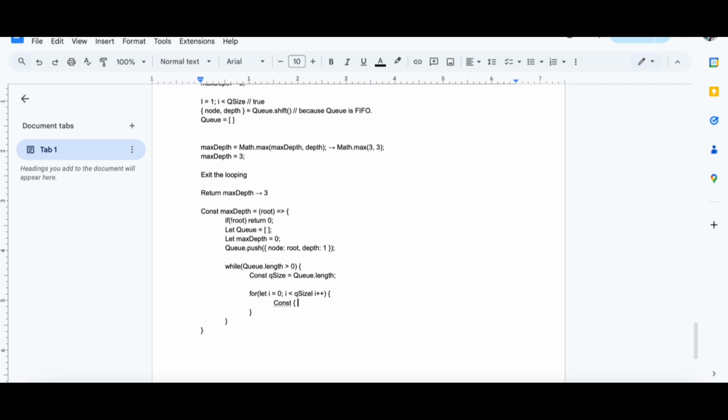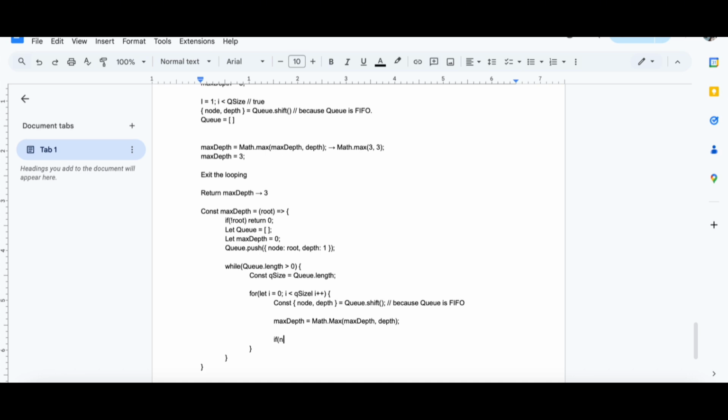Then we get the node and the depth, right? Yes, queue is first in, first out. That's why we are using shift, because queue is FIFO. Then we need to compare the max depth here using Math.max. It will compare the current max depth with the current node depth.